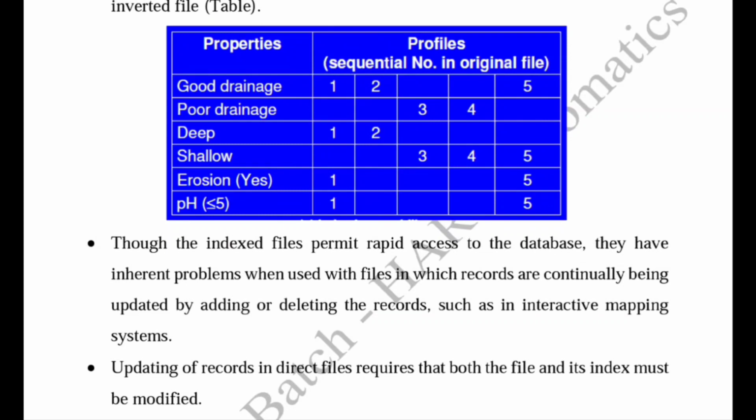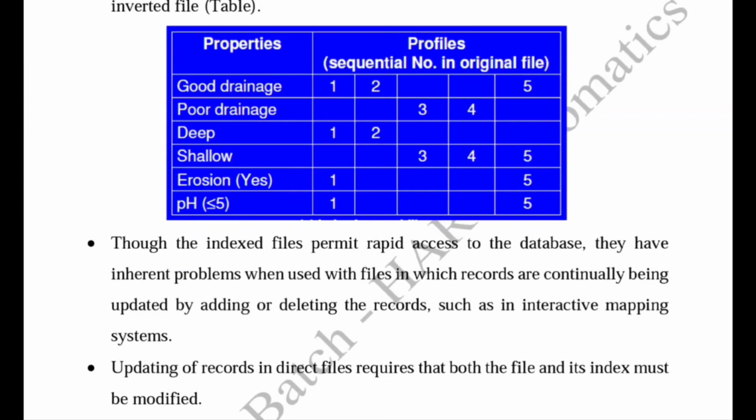But it has disadvantages: if we frequently update or delete records, we cannot easily add or delete records in this type of data.